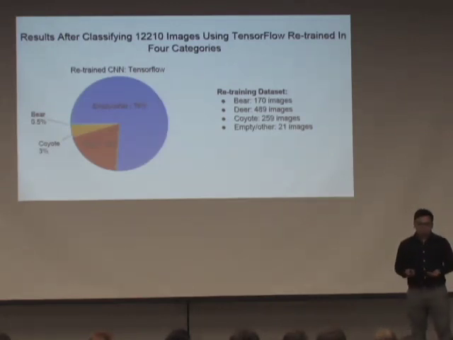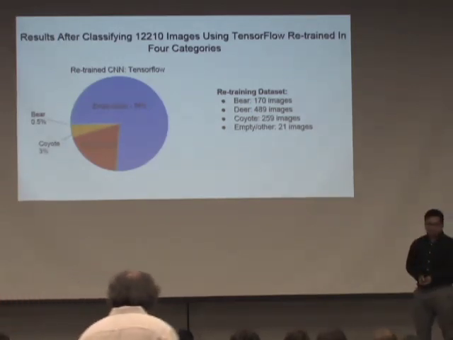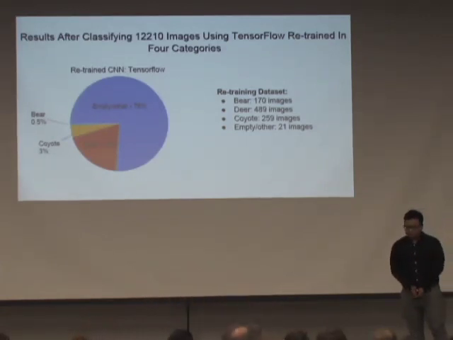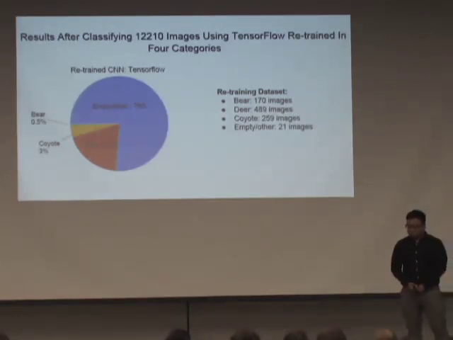What I did is I retrained the model, as I explained previously. After retraining the model, we have a much better, more accurate set of results. After retraining TensorFlow with 4 categories, I retrained the data set with 107 images of bears, 489 images of deer, 259 coyote images, and 21 empty images. The result that I got after analyzing the same amount of images, the same data set, was